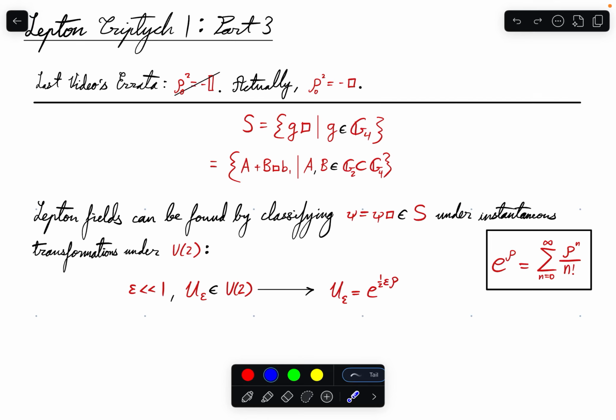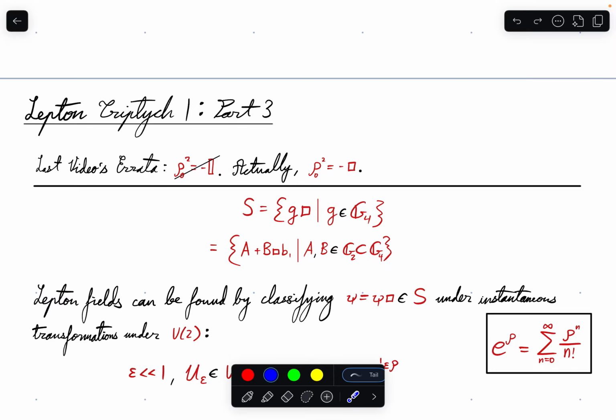Alright, so welcome to Lepton Triptych 1, Part 3. In this video, we're going to cover lepton fields and specifically their classifications within this, which is the most important result from this paper. But first, I would like to cover an errata, an error I made in the last video where I said that